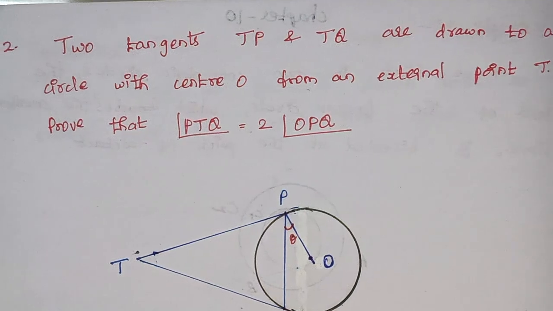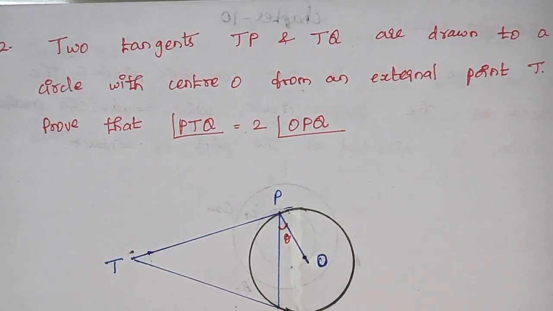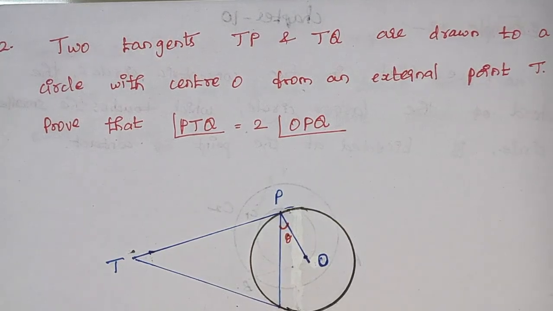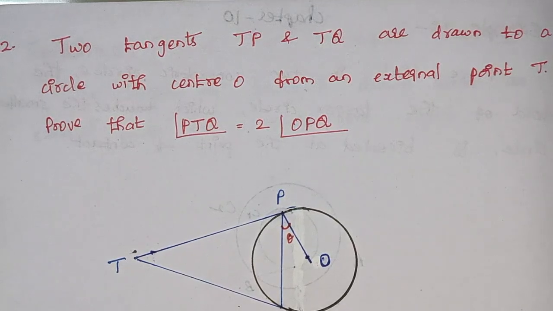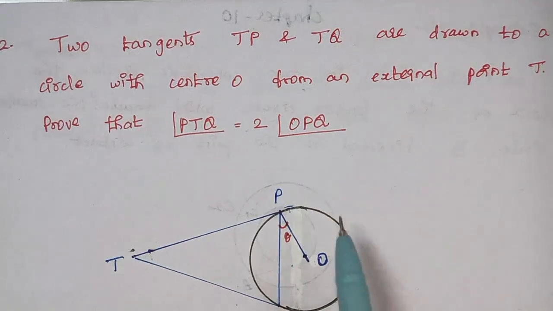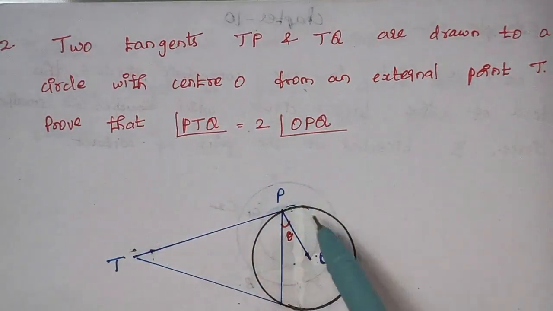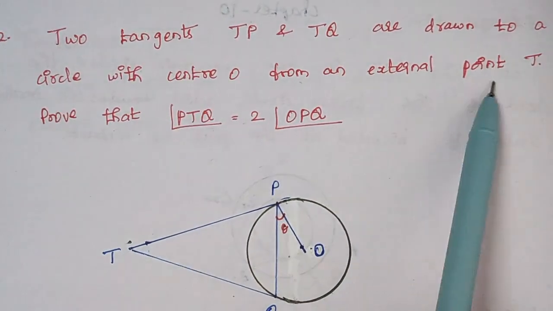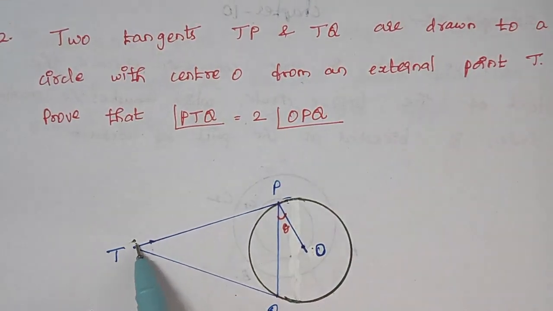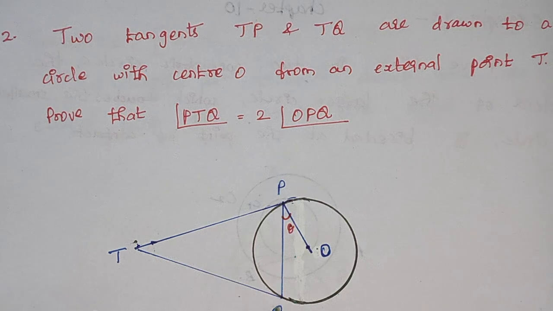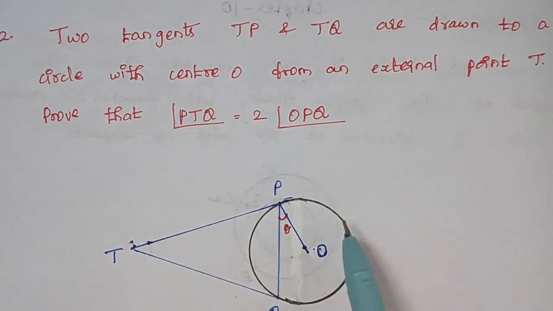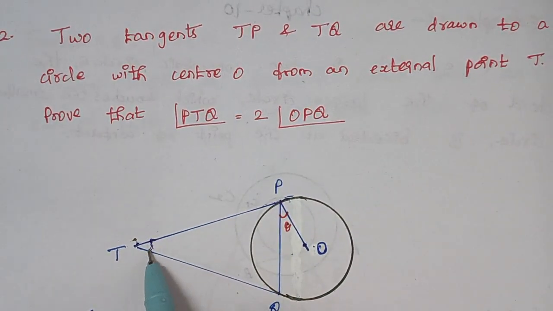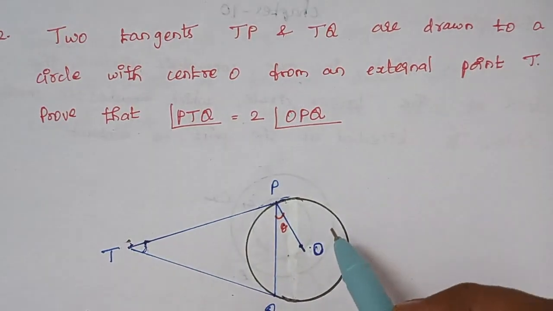So problem number 2. Two tangents TP and TQ are drawn to a circle with center O from an external point T. Prove that angle PTQ is equal to 2 times angle OPQ. So here we are having a circle with center O. So draw a circle with the center O and we are having two tangents from an external point T. So here T is the external point. From this point we have drawn two tangents to the circle, right? So here we have to prove that angle PTQ, that is this angle, is equal to 2 times